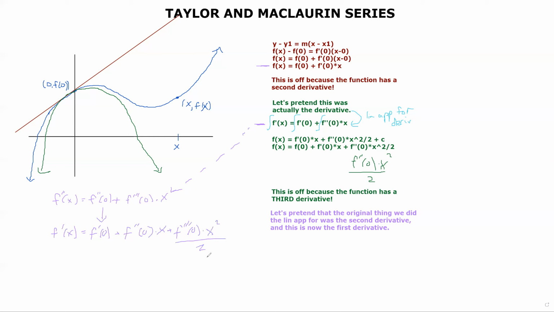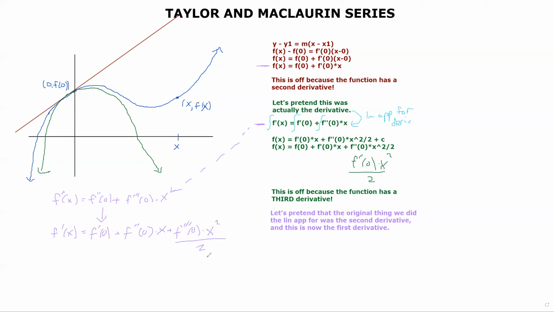We're going to say, well, we've got f prime, we want f, so let's integrate both sides. And when we integrate this thing, we're going to get f of x is equal to f prime of 0 times x, because that's a constant. This is just some number, so the integral of some number is some number times x, plus, now we've got a regular x here, so f double prime of 0, which is a constant, times 1/2 x squared,